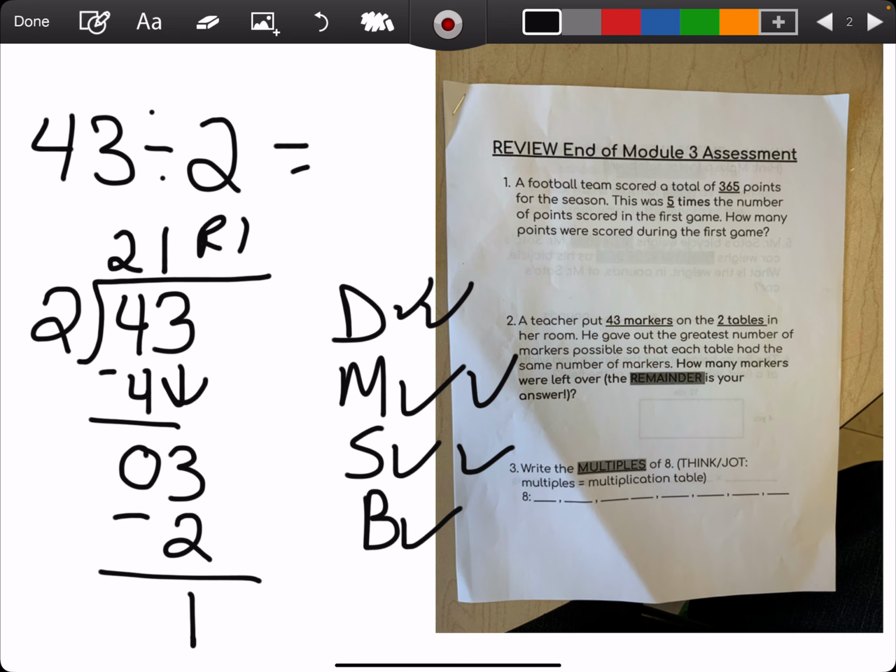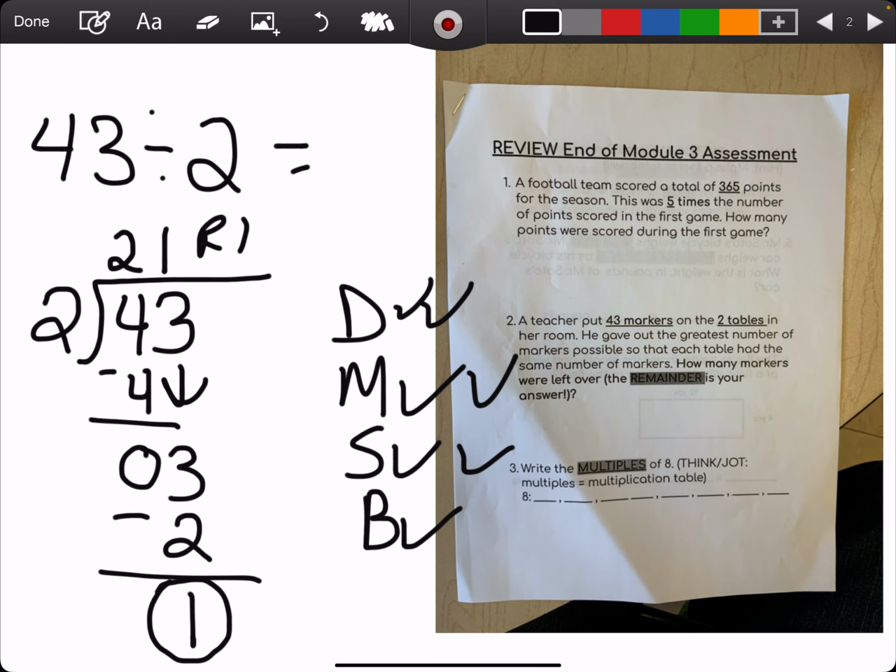But the question asked, how many markers were left over? There was 1 marker left over. Each table got 21 markers, but the question wanted how many were left over. So your answer is 1. So don't put as your answer 21, remainder 1, because you shouldn't get full credit there, because that's not how many markers were left over. All right? You could pause it here, rewatch that if you need to,